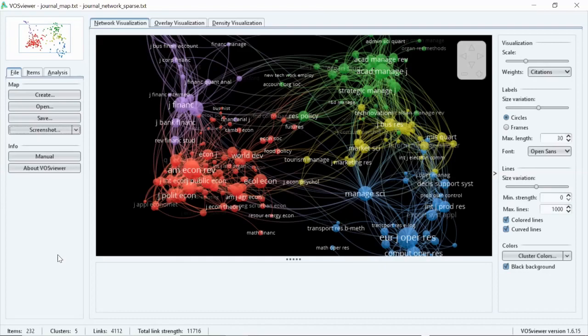So now I have shown you the sample data set. So what about creating our own data set? For example, say we have Web of Science data. We want to create our own map for this data. How will you do that? For that, we have to download Web of Science data, right? So I will take you to Web of Science and show you how to download the data, how to import the data in VOSviewer, and how to create a map and analysis based on those data. Okay, we'll move to Web of Science.